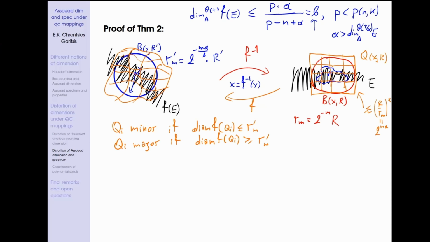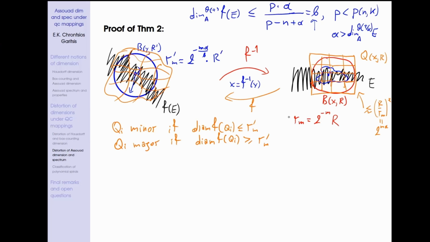When we have a major cube, since F is uniformly continuous, we can keep subdividing the cube until we get small enough sets in the source, in the target actually, for F. However, we can't do this for as many times as we like because we want these relations to hold for all meaningful M, not just some arbitrarily large M. So we will need to count how many times we have to subdivide a major cube in order to get only minor cubes whose parents are major. How do we count those cubes?